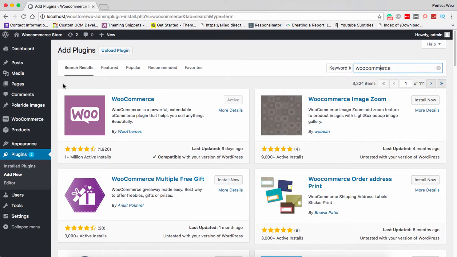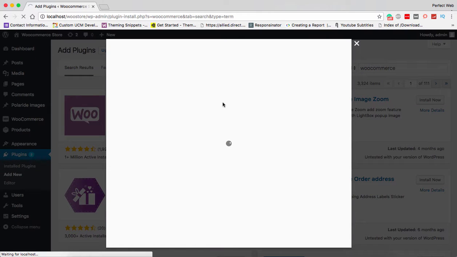It will be shown here, and as you can see, it already says activate, meaning it is already installed.